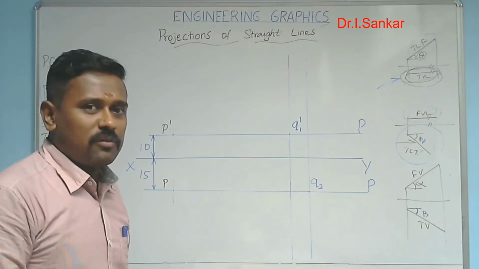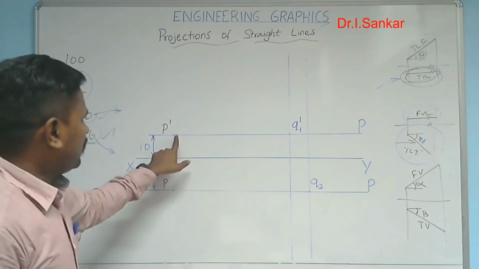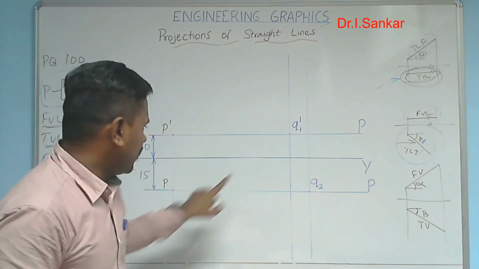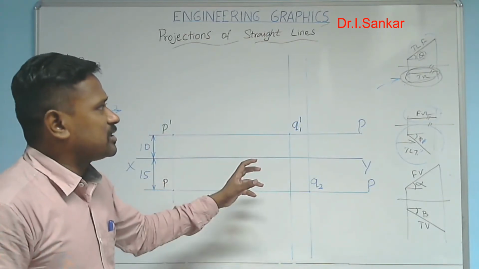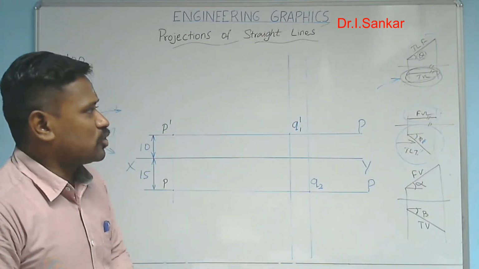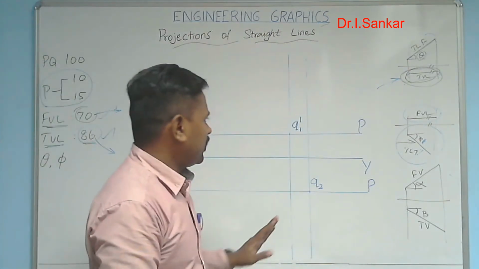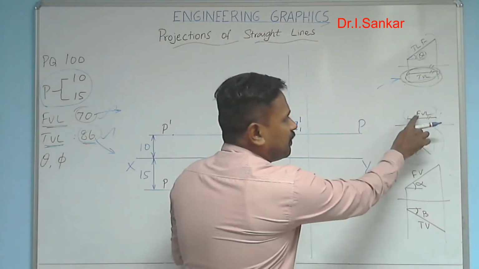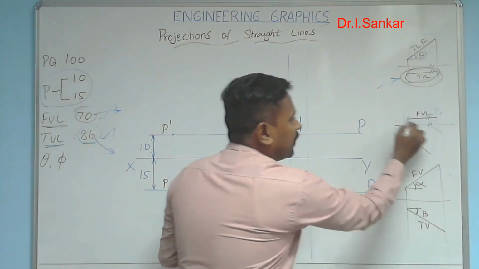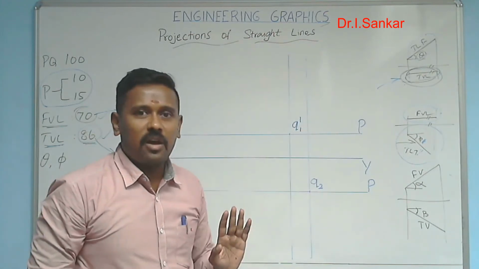Now we have to think about what the next step will be. See here, we are provided with the front view length line and the top view length line. By using these two, are there any possibilities to go to the next step? We have to think by seeing the basic template. Let's start from the front view area. Now we have a line, the front view length, in the front view area. See this line we have. Just think about the pair of that line.